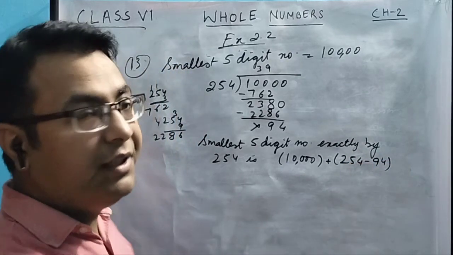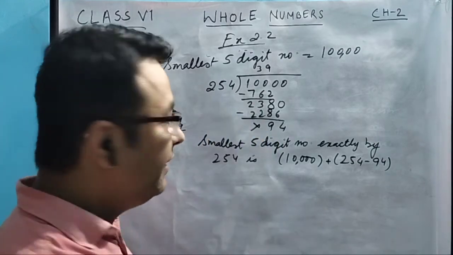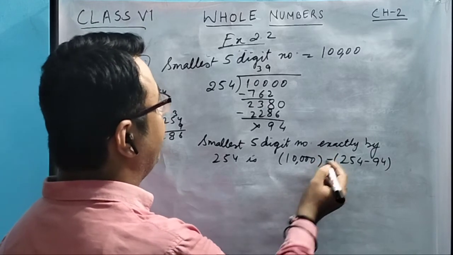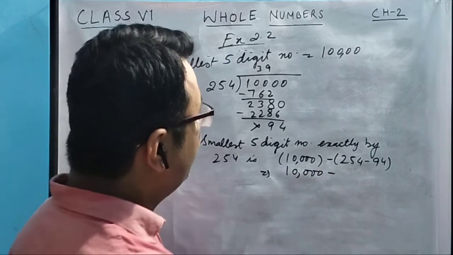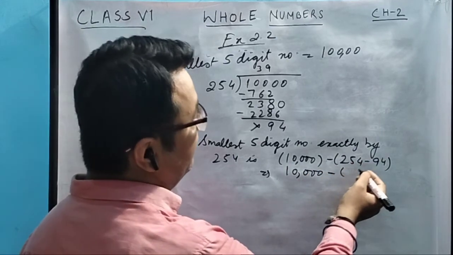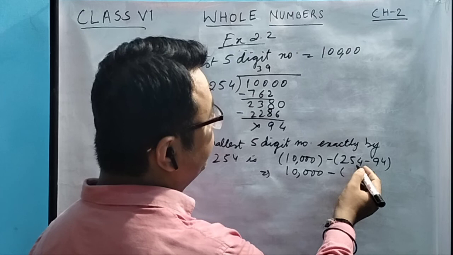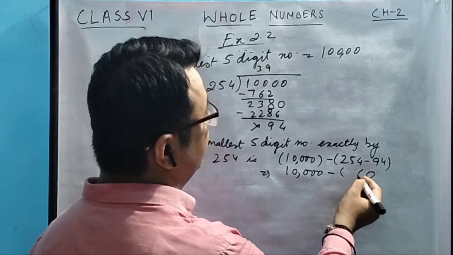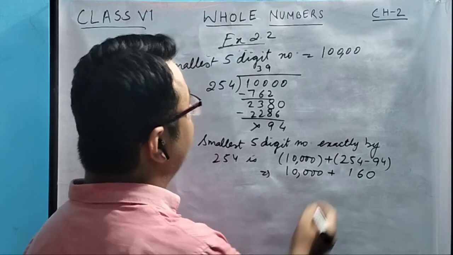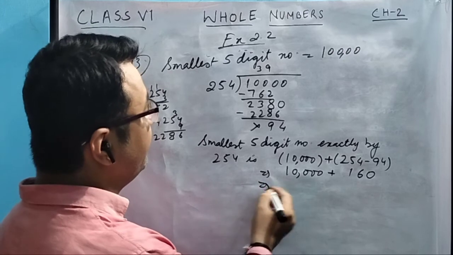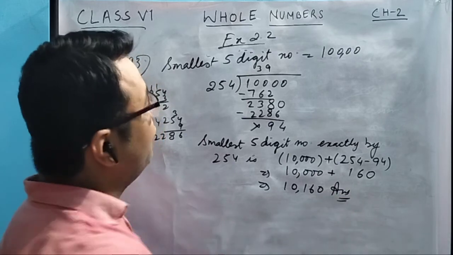Okay, when we have to find the least number or smallest number, we first find the difference of the quotient and remainder, and then we add. So 254 minus 94 is 160. So this will be 10,160. This will be the smallest 5-digit number,